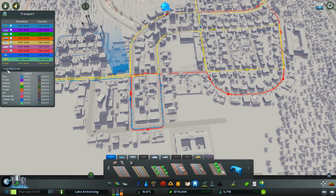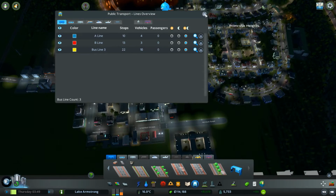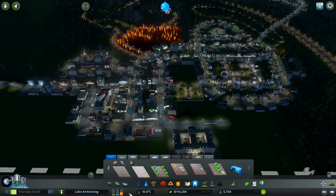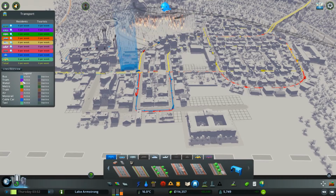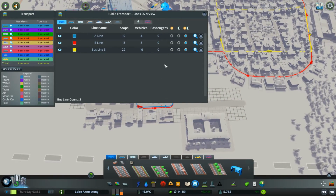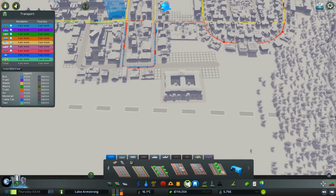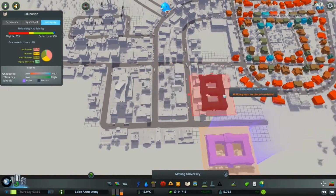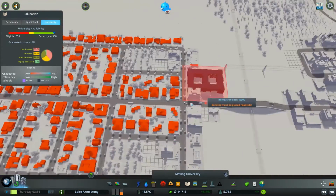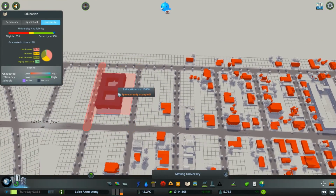Actually, could I go in here and edit that bus line? Now that I built this thing, I don't have it near the bus route. How much was it? Can I relocate the building? Relocate the building! You know, I guess what we can do is we can put it in this...